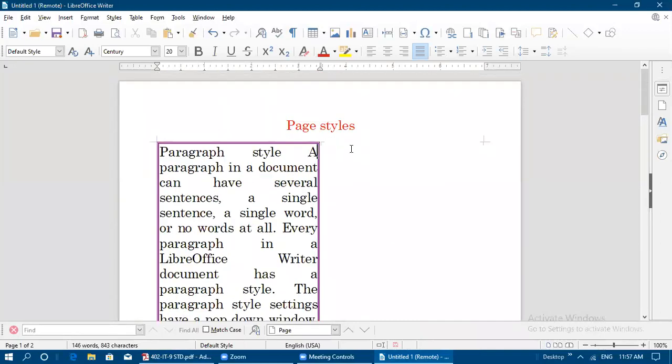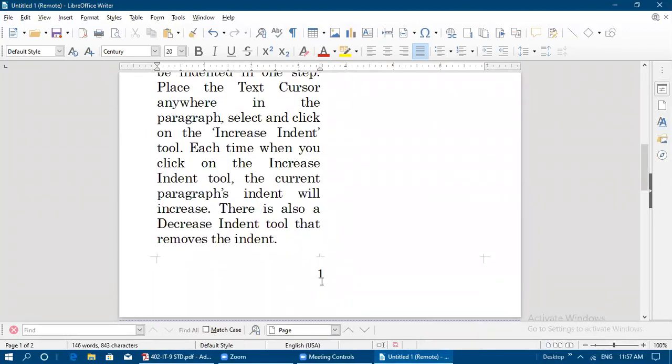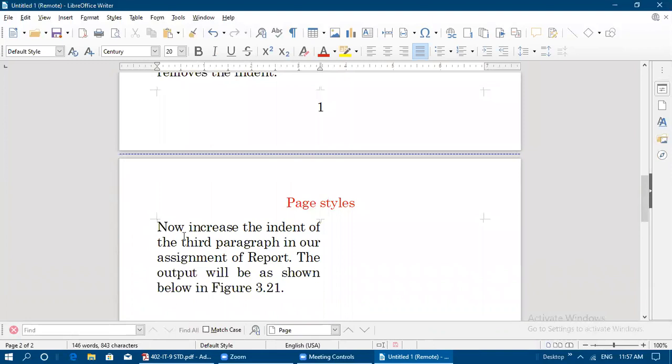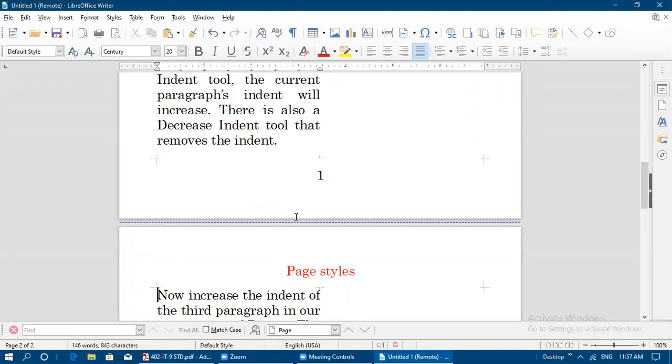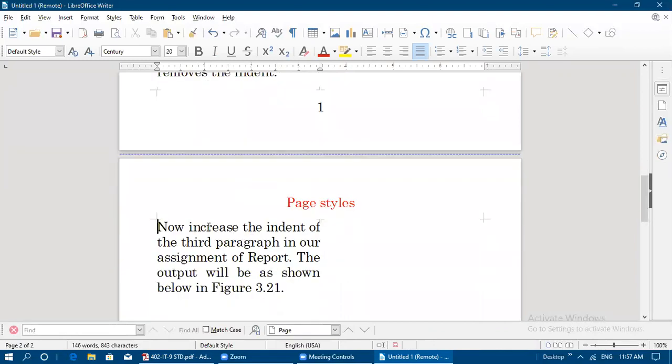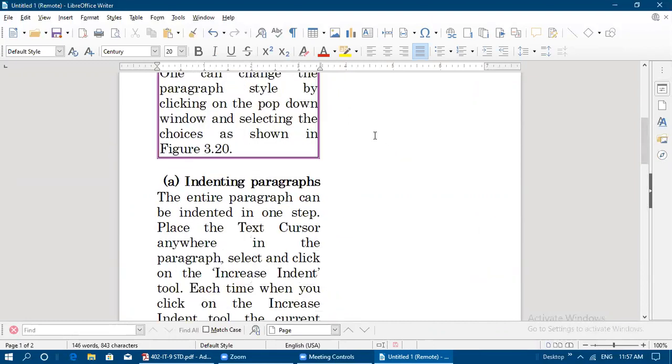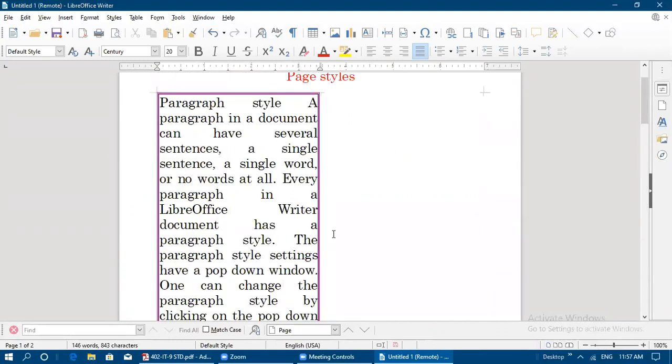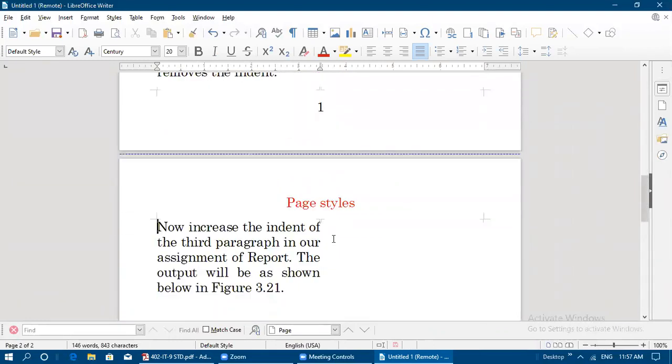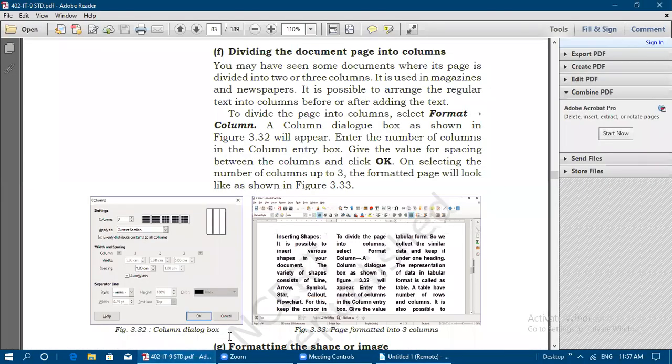See, now I am going to give enter. It won't come to this second column because we have applied a page break. That page break was applied here, so it won't move into the first page itself. To the first page it will never move, because we have forcefully moved these lines to the next page, so they won't appear on the first page. Otherwise it would appear like this.